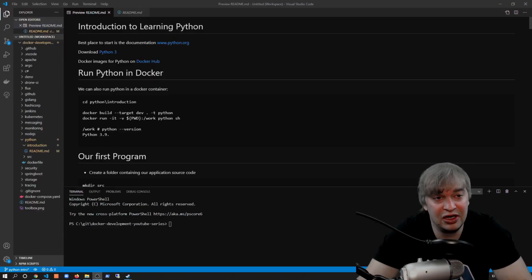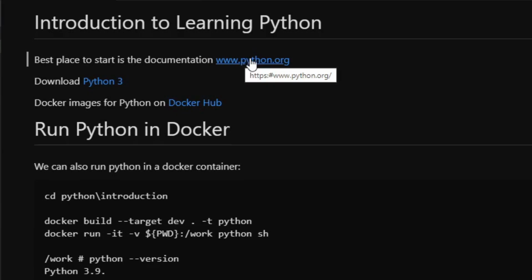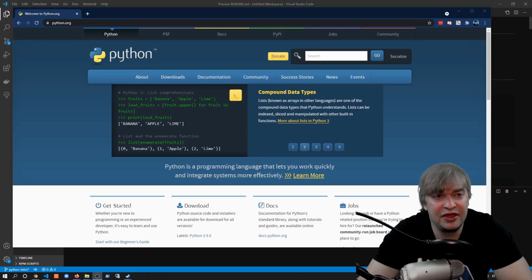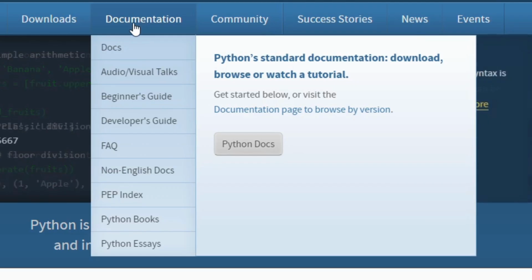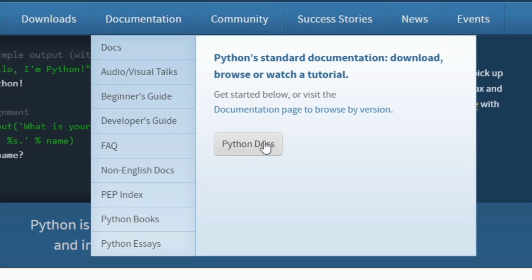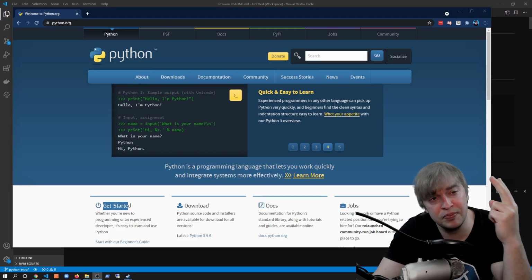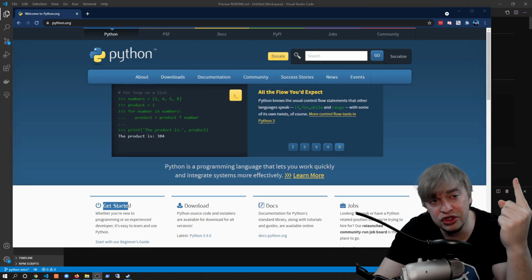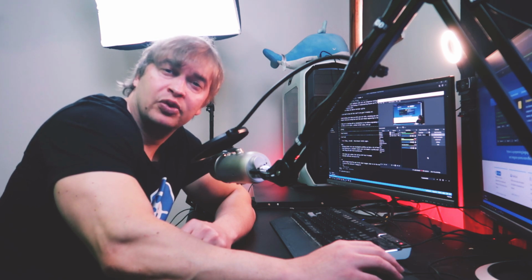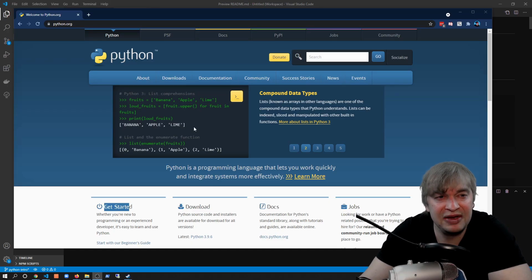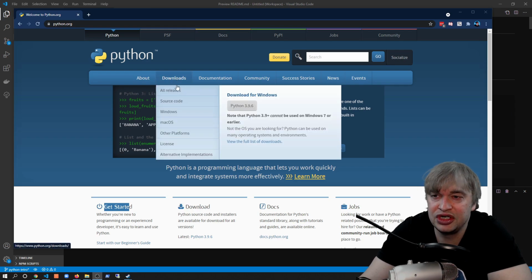So the first thing we're going to be looking at is the documentation at www.python.org. Now the Python website is pretty awesome. There's a download section where you can take a look at the source code as well as the download links for all the different platforms. They have documentation with tutorials, beginner's guides, and you can go directly into the Python documentation for each version of Python. Now one thing to know about Python is that there are two major versions, Python 2 and Python 3. Now in terms of differences, Python 3 is somewhat backwards compatible with Python 2. So I would recommend to simply focus on the latest version of Python, which you can download over here,